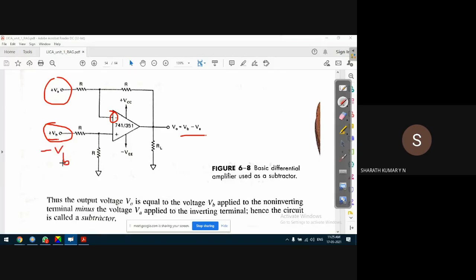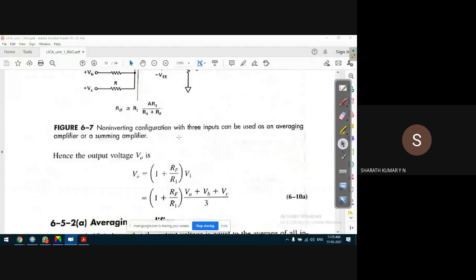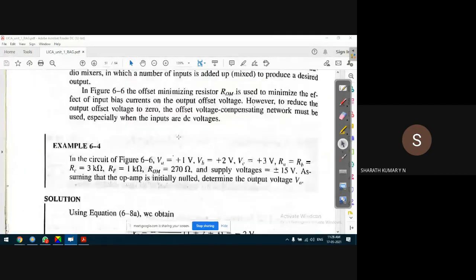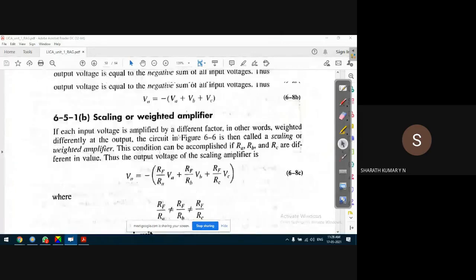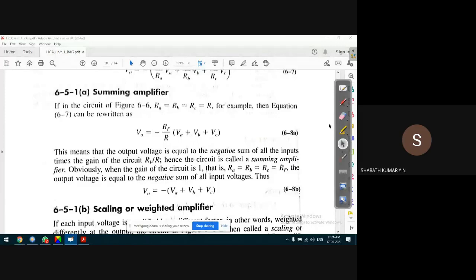That is, a negative is connected to the circuit. Let us go to that summing amplifier and we'll discuss. Summing is nothing but an adder circuit, a summing amplifier, something like this. In this case, instead of applying positive voltage, if we apply minus VB, a negative is connected to the input of the op amp.